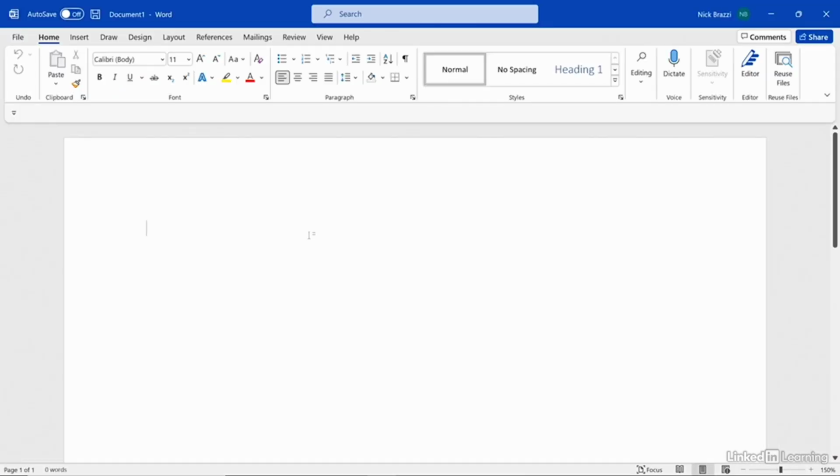And that takes us to the main Word interface, and this is where you'll do most of your work. It's important to introduce this row of buttons up at the top, which is called the ribbon. Now, some people call it a toolbar, which is fine, but the correct name for it is the ribbon. And you get lots of important controls here, like copying and pasting text, or changing the formatting of your text,